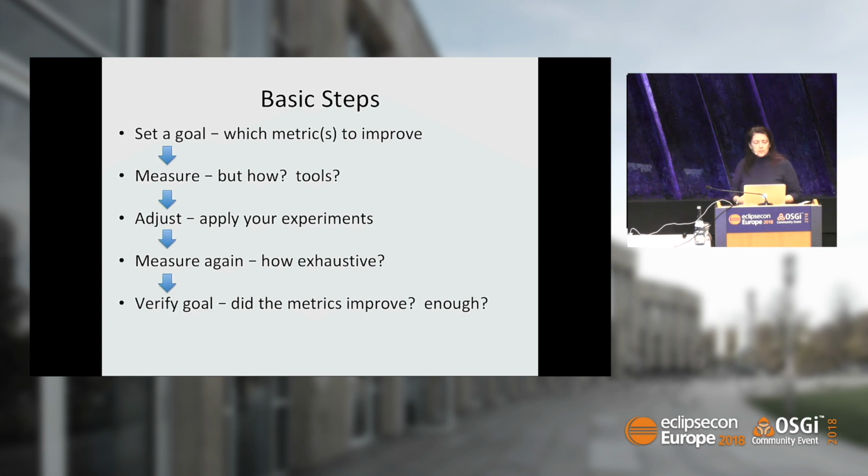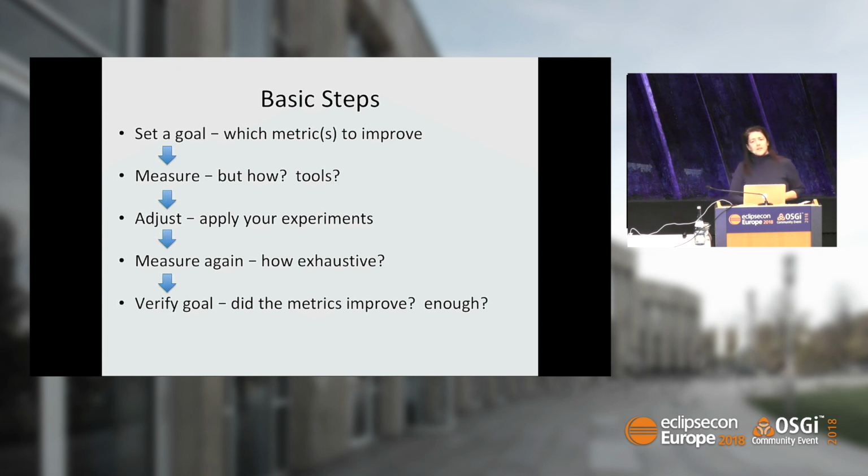But let's go to what are the basic steps. I just kind of mentioned them, but you set a goal. You decide what metric you are going to try to improve. I'm a developer. I want to improve metric A. I measure it, and I have a set of tools. Someone told me how to run this benchmark suite, so I'm going to run it. I adjust. I apply some experiments to my code. I measure again. How exhaustive do I need to be with my measurements